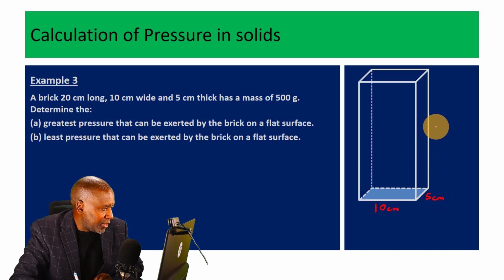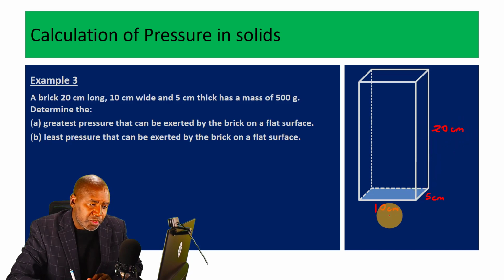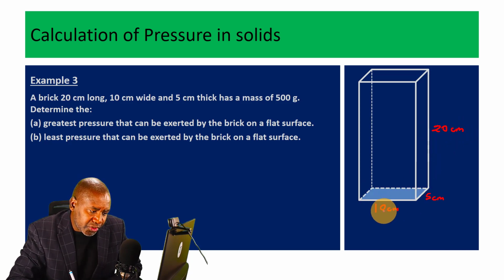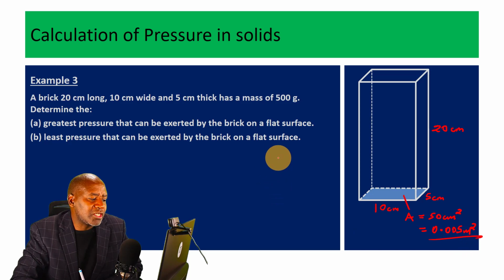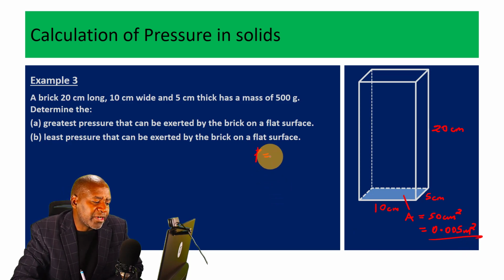The height here is 20 centimeters. So in order to get this area, we'll just do 5 centimeters times 10 centimeters, where we get this area to be equal to 50 centimeters squared. When we divide 50 by 10,000, we get 0.005 meters squared. And it is this that we want to use in order to calculate pressure, which should be